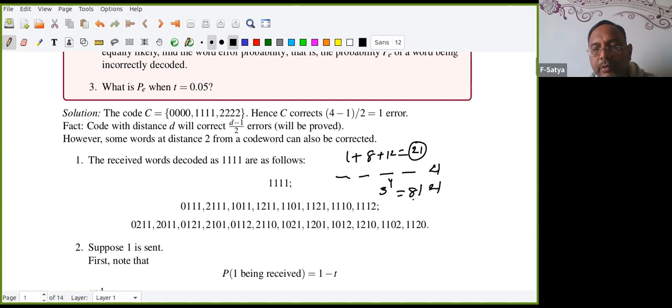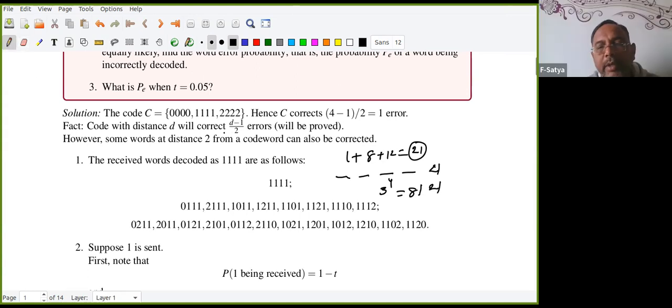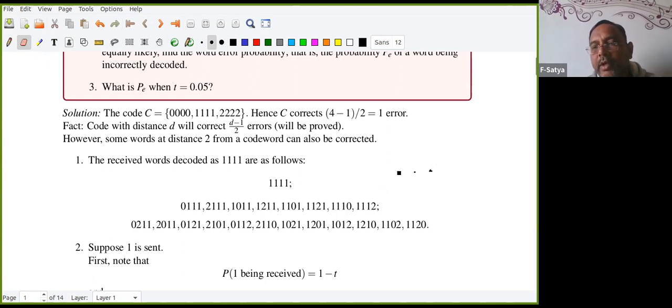What are those? So ask these questions and you can prove those things also. The remaining, how many are there? Can you tell me one word which cannot be mapped to 000, 111, 222? For example 0, 0, 0, 1, or 1, 1, 0, 0, things like that. Okay, you are clear, right? The distance too we cannot know, but even then some words can be corrected. That is what I want to say.